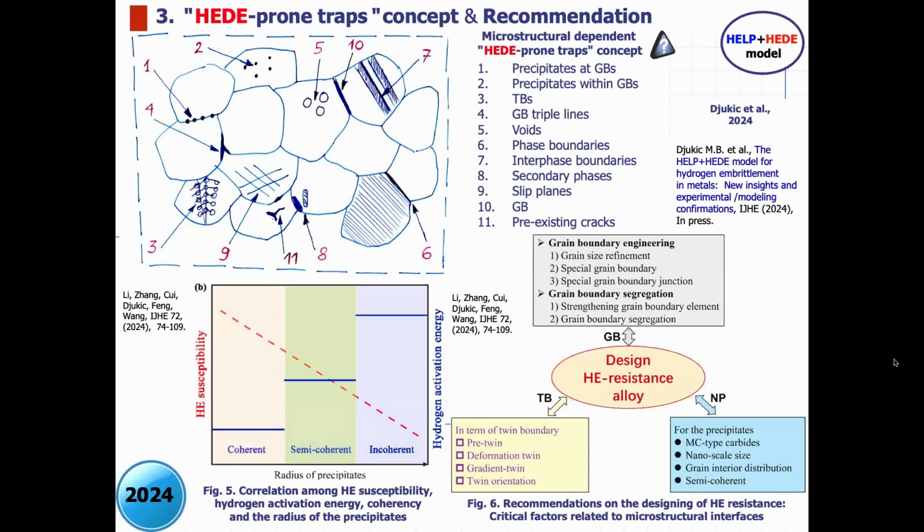HEDE-prone traps: talk about the locations which are prone to decohesion; it depends on microstructure. It could be precipitates, triple grain boundaries, voids, phase boundaries, interface boundaries, slip planes, grain boundaries, as is shown here. So the concept of designing a hydrogen embrittlement resistant alloy is to control twin boundaries, nanoprecipitates, and grain boundaries in our material, which means to have as few as possible